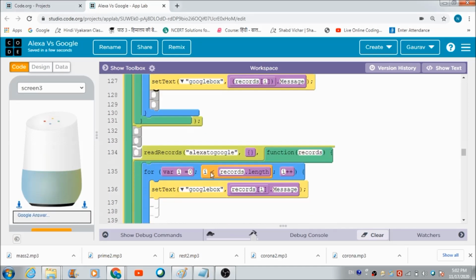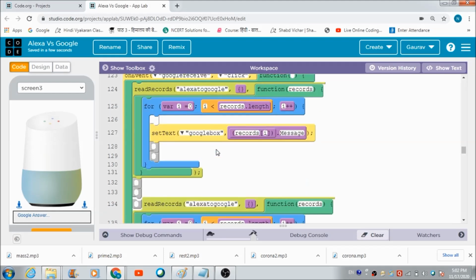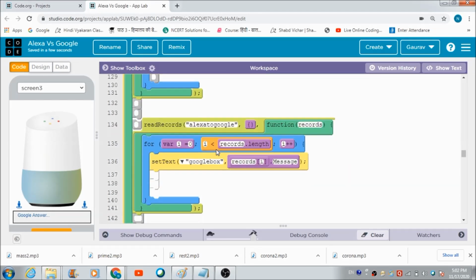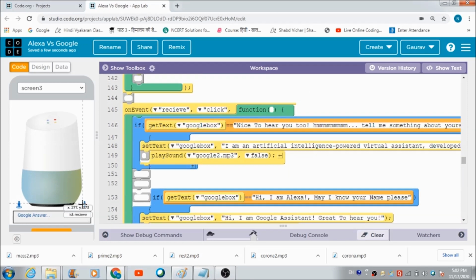Okay, now when the user hits this, yeah, so this is the button with the name Receive. When the user hits this Receive button, what is going to happen? If the text which is getting reflected here in the Google box matches with this, "Nice to hear you too," okay, so this is what the Google Assistant is going to reply.